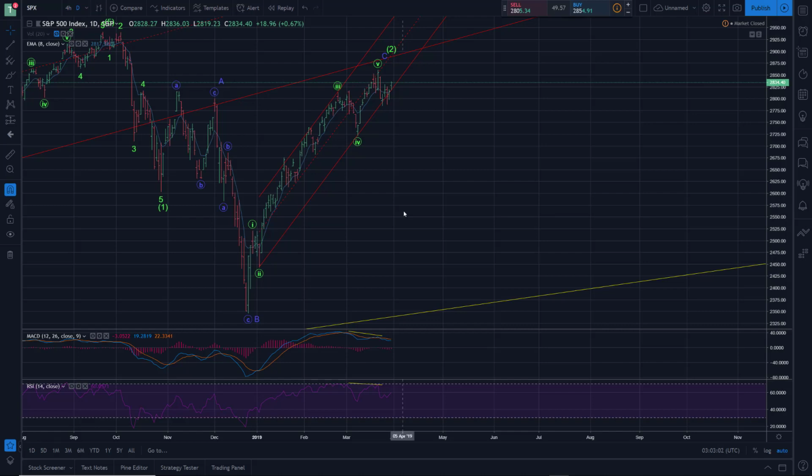Let's do a weekend update here for the major US indices, starting off with SPX. Looking at the Elliott wave chart, big picture, nothing has changed. We still potentially have this significant top at 2860.31, and that could either be the top for a five-wave structure for wave C of an expanded flat wave